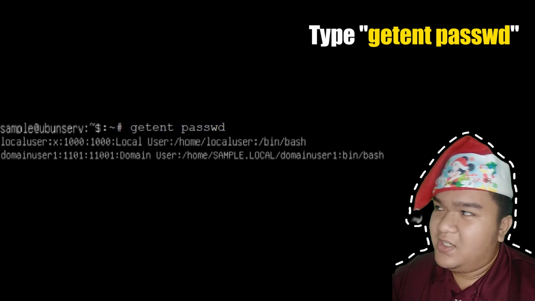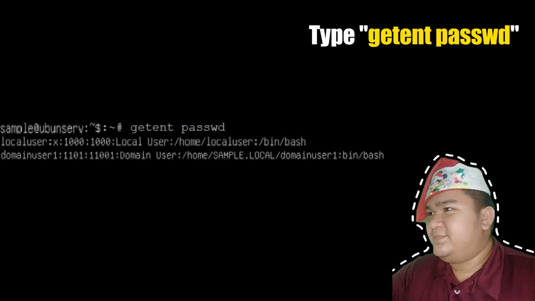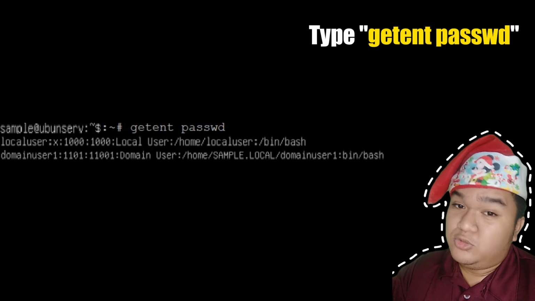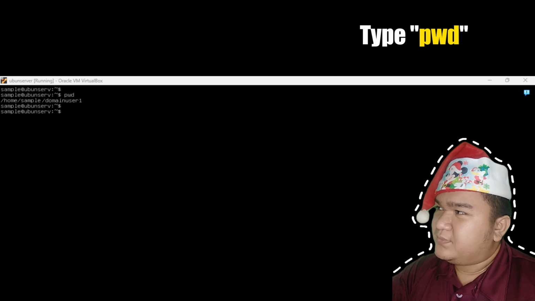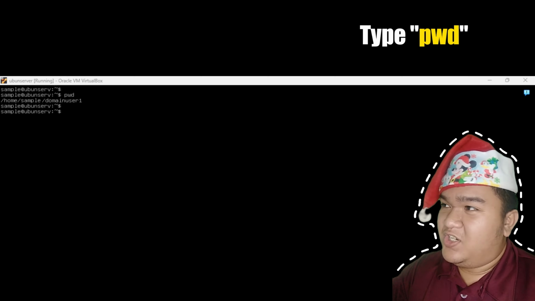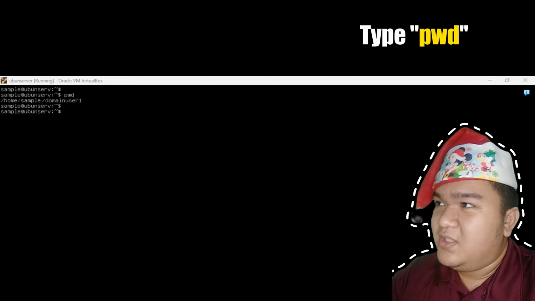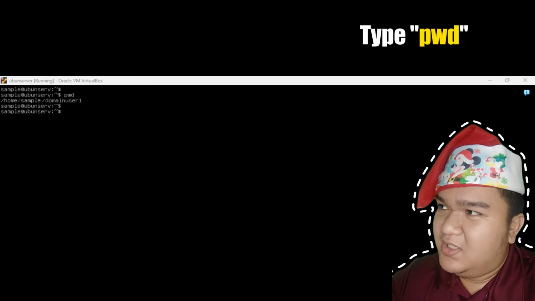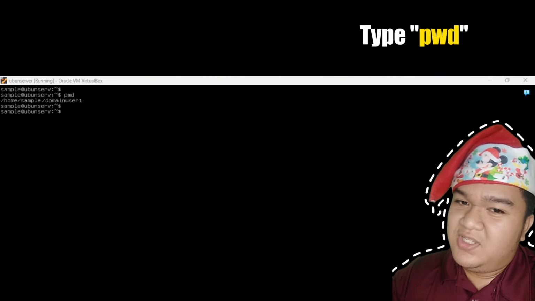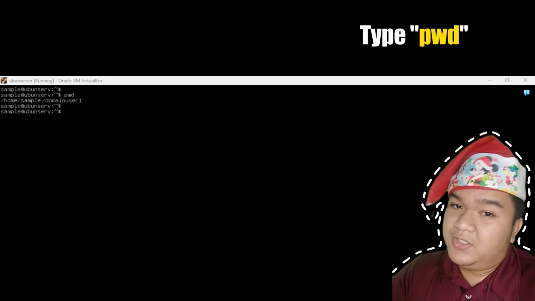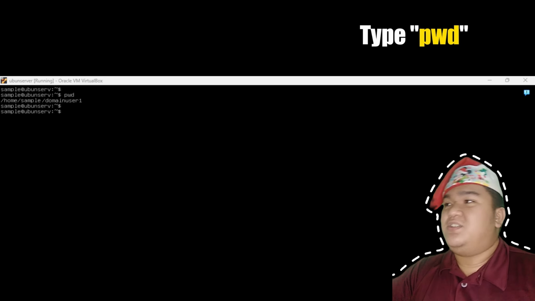The next is getent passwd. This should be the output. And lastly, let's check again the pwd. Then there you can see that it shows the Active Directory and the user that I created in the domain